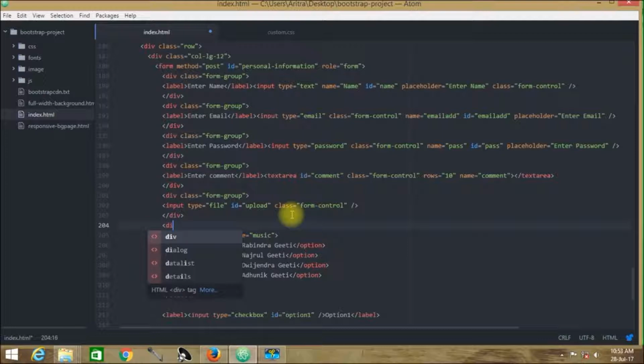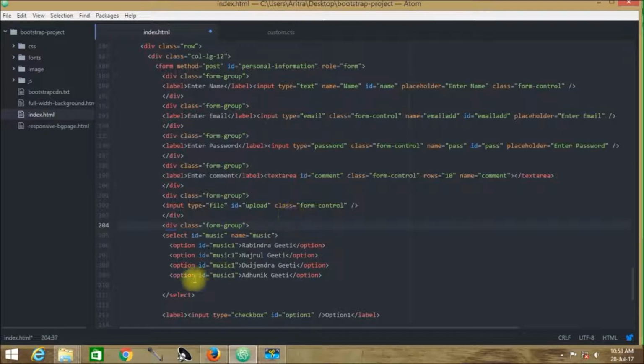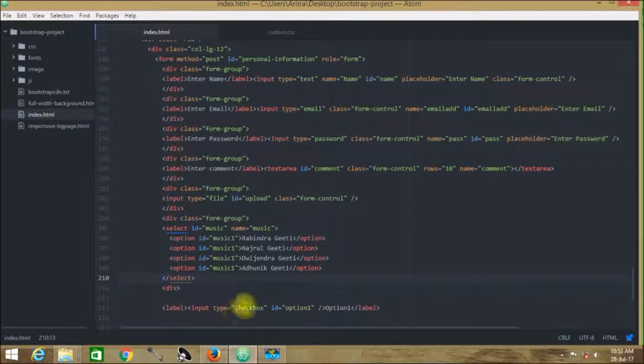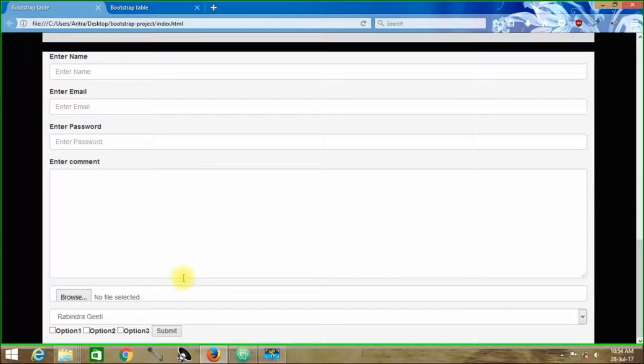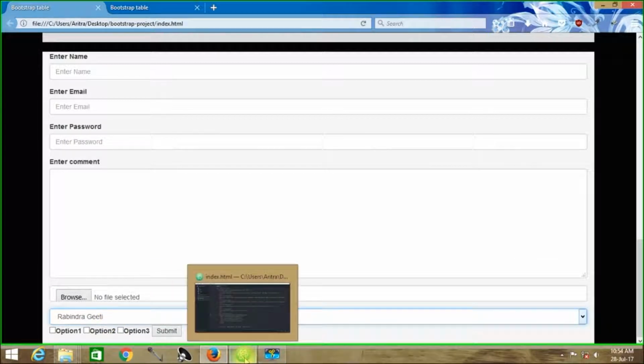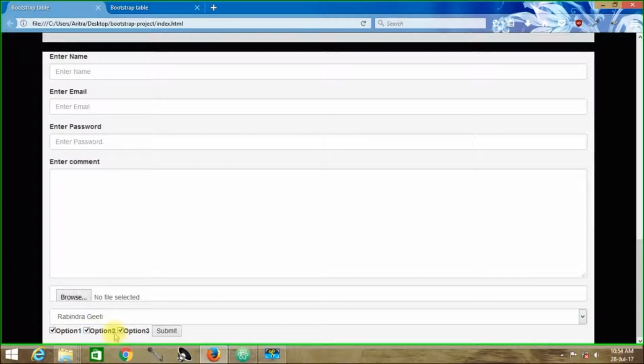Again here we are creating another div class form group. As we can see that it practically enhances the margin bottom. So all we are doing here, we are just creating another div class form group, and inside this select ID we are now using this class form control right over here. Press Ctrl S, get back to your project. See, here it is, everything is under control, and there you see these things are clearly working over here.